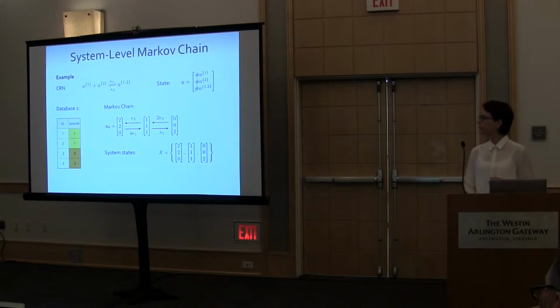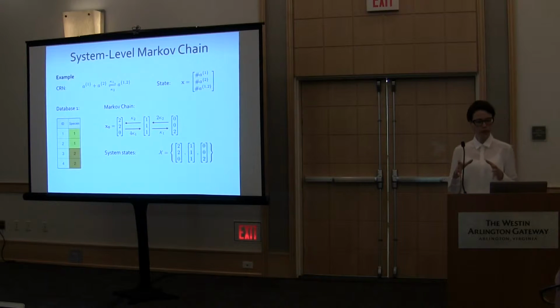So let's assume that we have a system that is composed of 4 robots. We have 2 robots of species 1 and 2 robots of species 2. And we can actually model the evolution of this robot system through a continuous Markov chain, where each system state in our Markov chain represents one possible instantiation of our state vector. And the transition rates in our Markov chain are then given by our mass action functions.